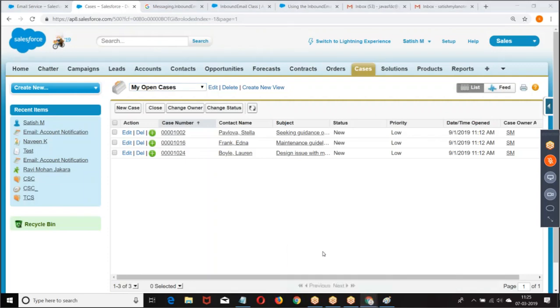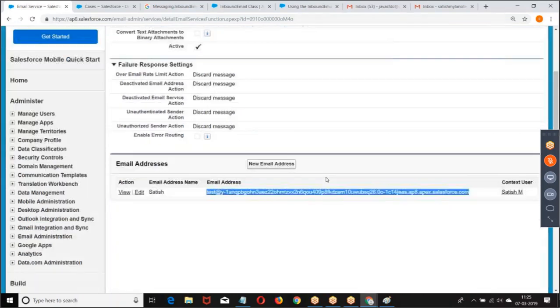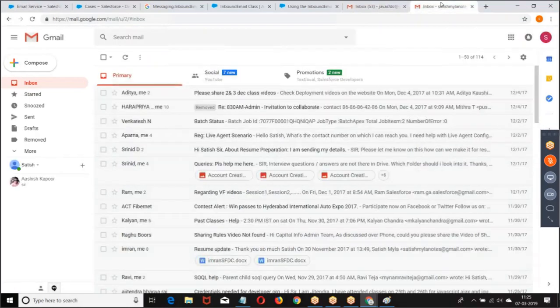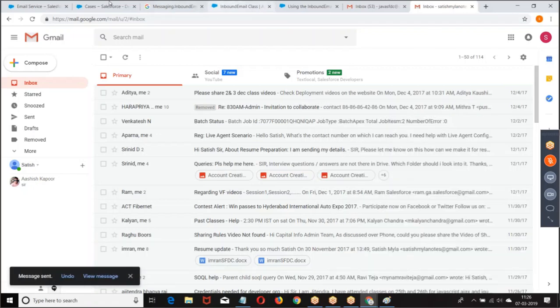Still not received. Let's wait for the file. Did I activate it? Let's wait for the files. Probably it's taking some time to receive the message. Meanwhile, I'll send one more email.